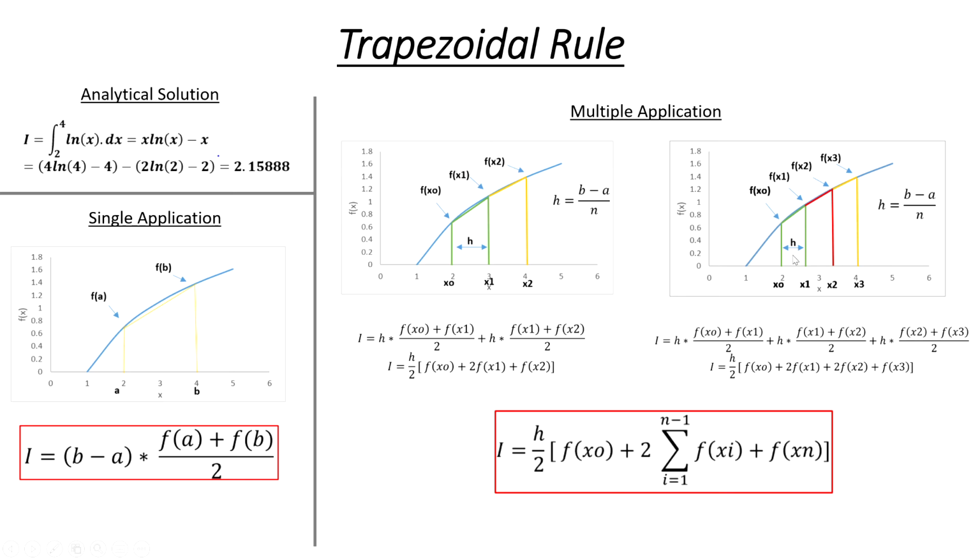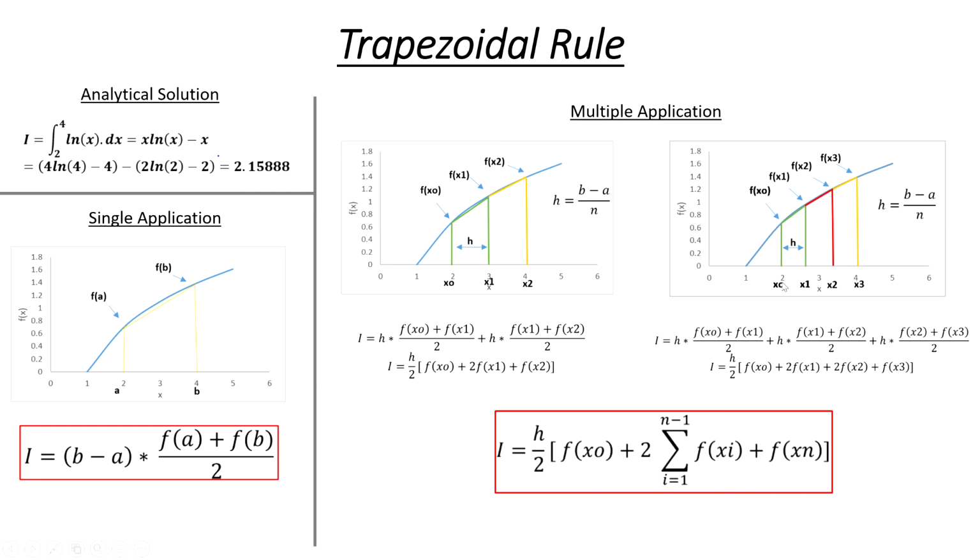So we're going to be making them evenly spaced with a width of h. And again, much like with the 2 and much like with the 1, to find the area for ln of x between 2 and 4, we're just going to combine the areas of all three. So the area of the first one is going to be h multiplied by f of x0 plus f